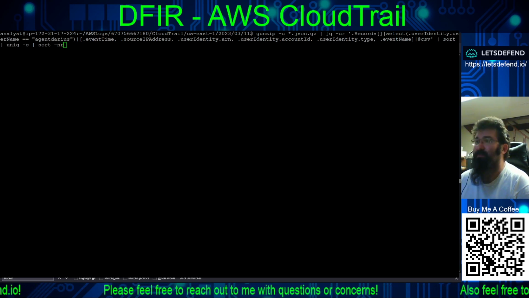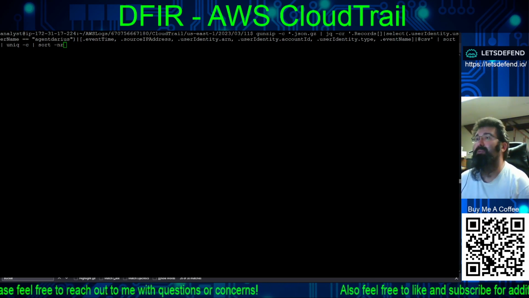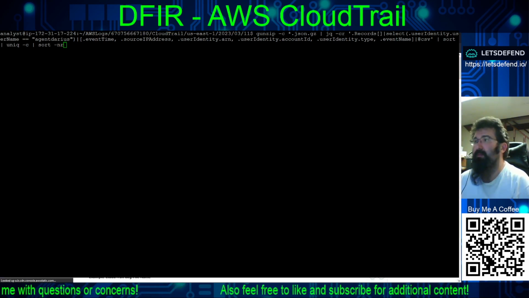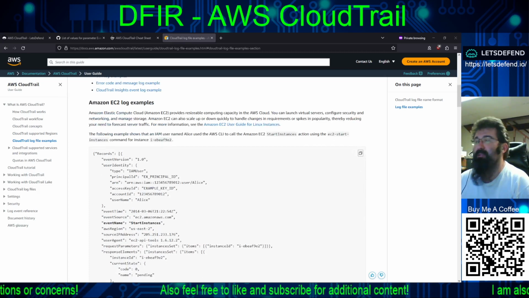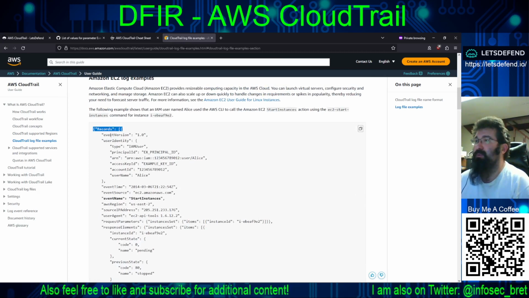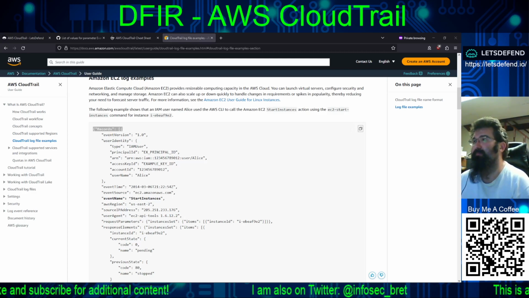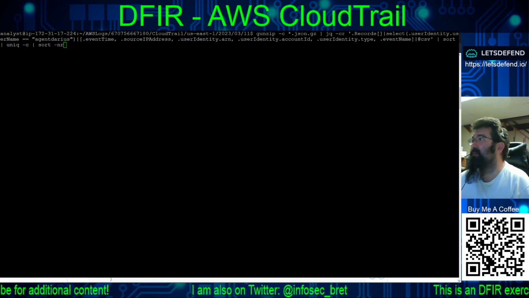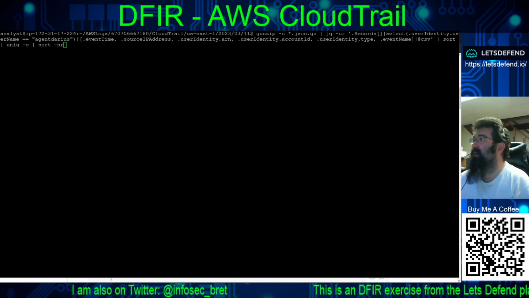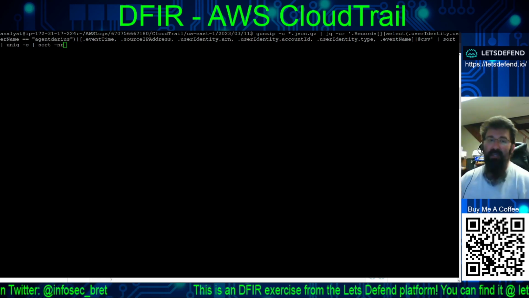Because if you look at the actual breakdown of any of these, and I think I had an example somewhere. Yeah, right here. So this is for the Amazon AWS log files. So the key portion is that it starts with records, and that's what we're looking to have it start looking at the JSON files for. And then we're doing the vertical line, and then we're selecting from that portion the subfield from records of userIdentity.userName. So userIdentity and then userName off to the side,